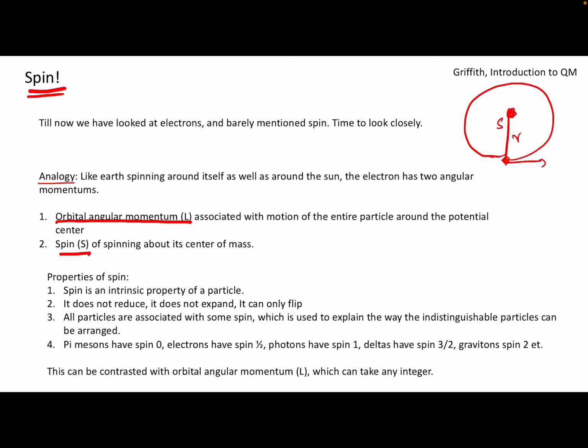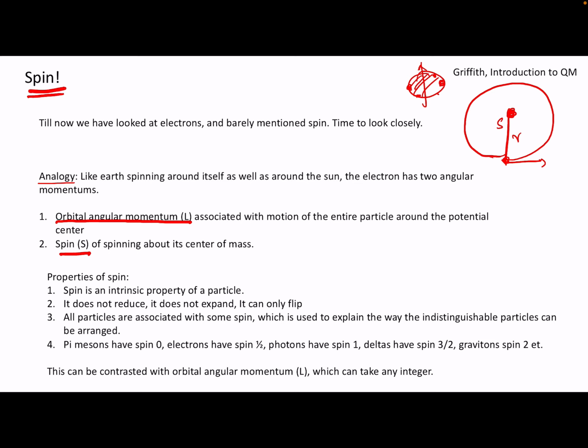However, people always tell you that you cannot take this analogy too far because the electron is known to be indivisible. If it is rotating about itself, one has to look at each part of the electron having a different orbital angular momentum, right? So let's say it's like a spinning top. Let's say we have a top like this which is spinning. Each part of this top should have a different orbital angular momentum, right? But that is not what happens. We cannot divide electrons. So you cannot extend this analogy too far,